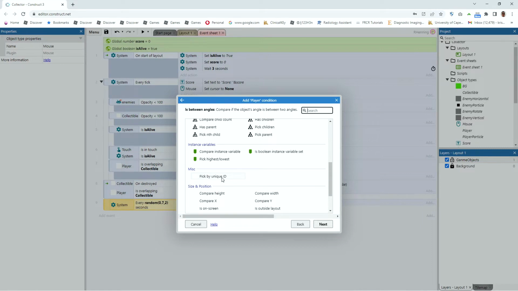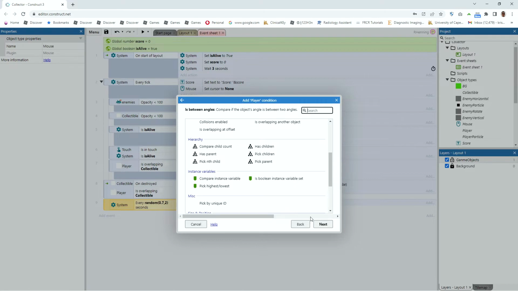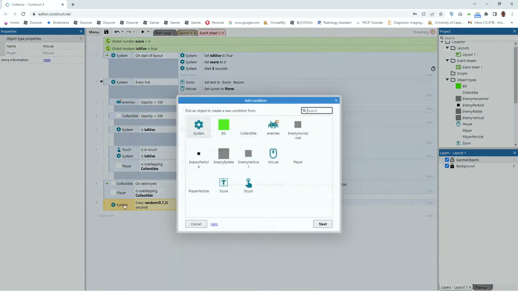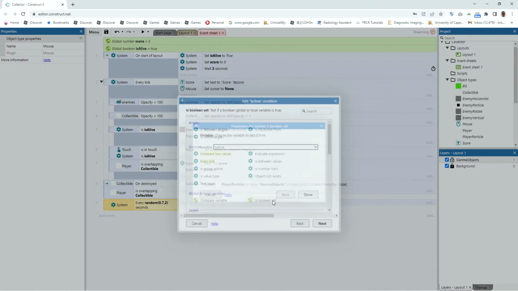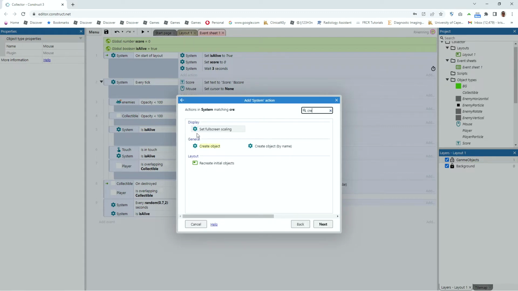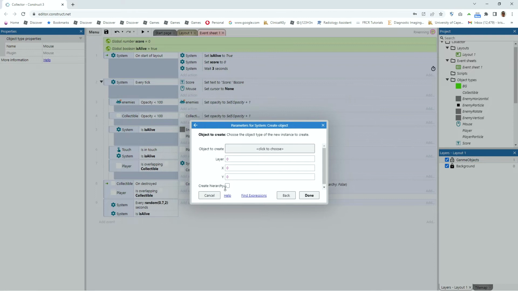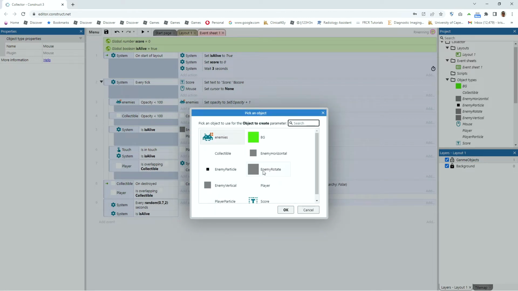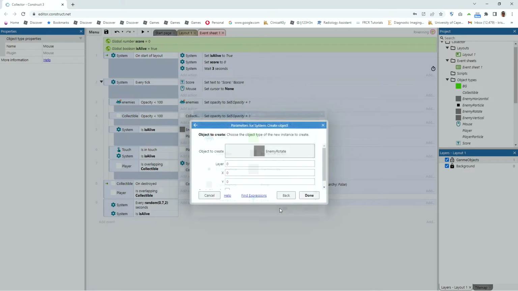So we need is alive. Oh, that's a system condition. Is Boolean set is alive. Okay, so if the player is alive, we are now going to get the system to create an object, and it will be the enemy rotate object on the game object layer. And where, well, we're going to set a random position, so it's going to be random, let's say between 30 and